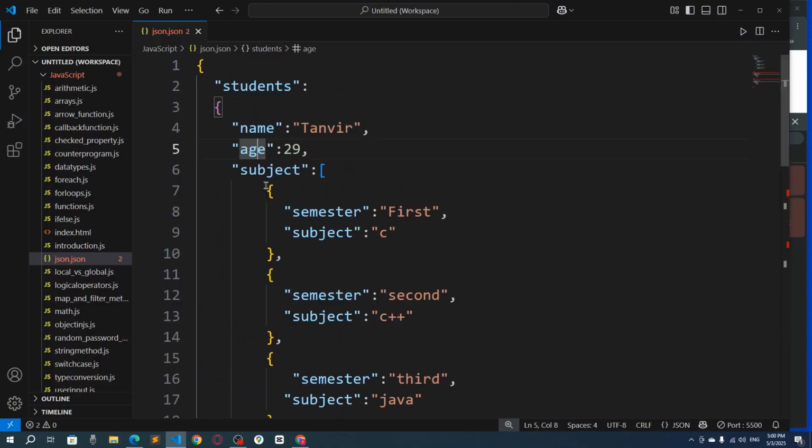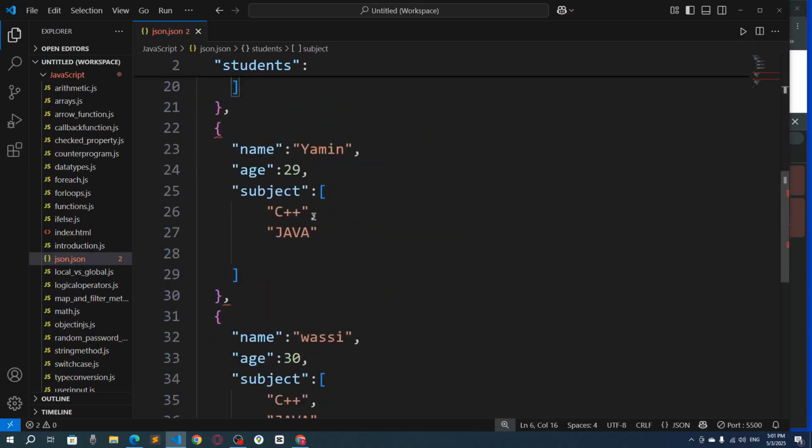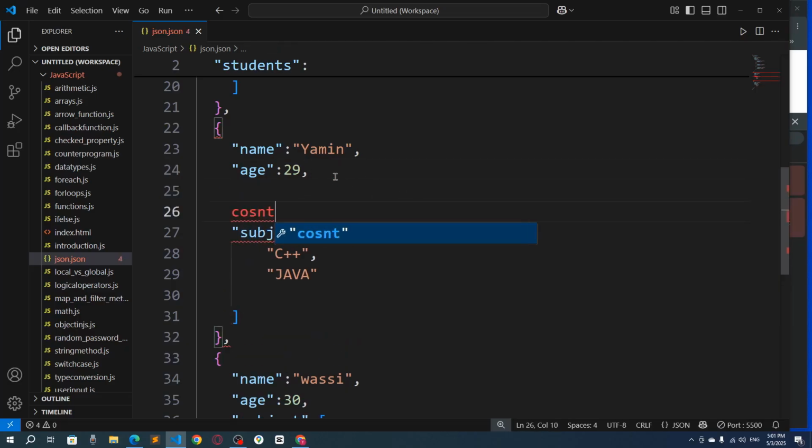Now let's say I have a subject, so I have to use here array, right? Because I have multiple subjects, C, C++, Java. So I can usually use a normal array like this, right? So I need an array name, and for JSON we have to use key, right? So the key value is subject, and I have 3 different subjects, let's say. So I'll say C, and then I have to separate through comma. Because if you think about normal array, I will say const subject, and then like this: first C, right, then C++, then Java. All right,